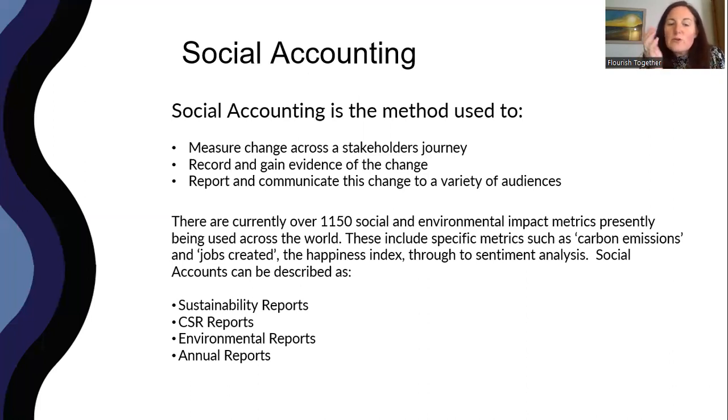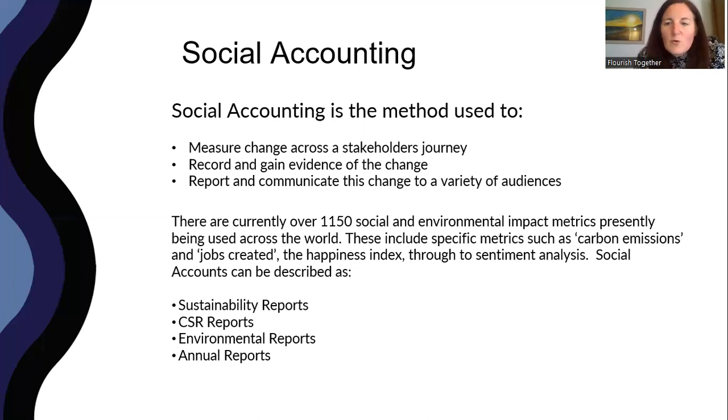These might also be called sustainability reports, CSR reports, environmental reports. This stuff might be tucked in someone's annual report. Particularly if you are a community interest company, you'll be asked for your CIC report to put up to Companies House via the CIC regulator each year, where you've got to report back on your statement of community benefit and say what you've achieved. This is all part of community organisation impact measurement and the social accounting